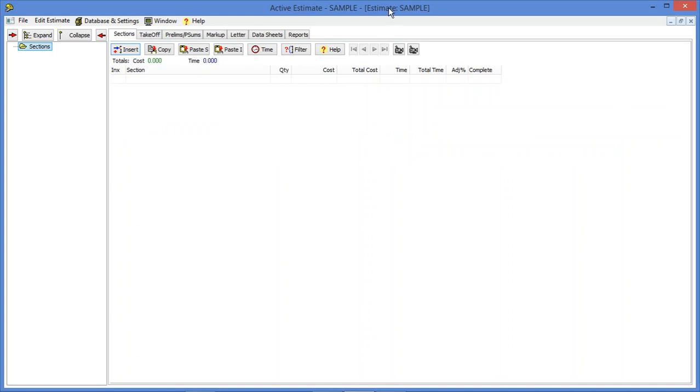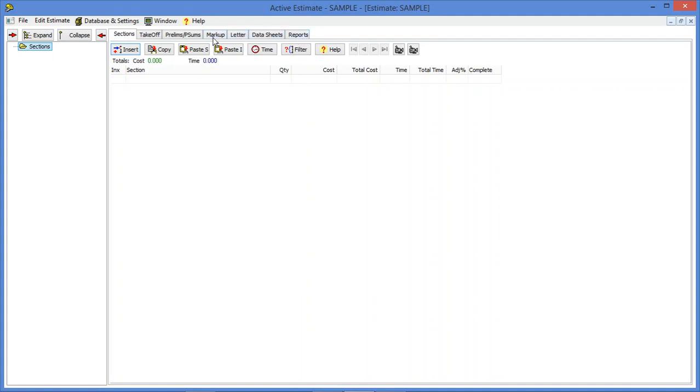So once we've set up the estimate, the next thing we want to do is to put some sections in for the job. And sections can be however you wish to describe them. They could be house type A, house type B. They could be room descriptions or disciplines such as electrical, mechanical, construction. Once you've set the sections up, you can go into any of the takeoff sheets and build up the estimate, add any preliminary cost, provisional sums and contingencies you want, then edit or add the markup and pull off any